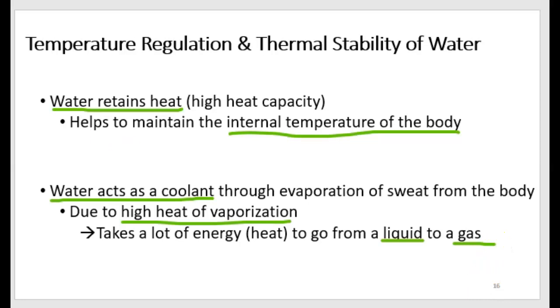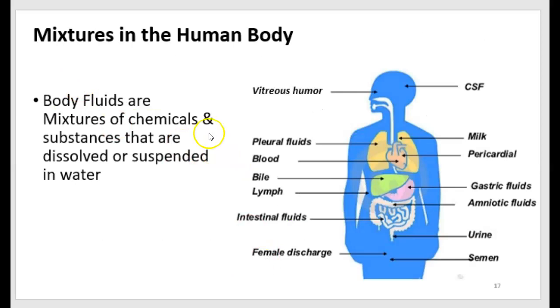So that's why water is so important to our body. Now let's look at where water is located and some mixtures that we find in the body, a little bit more tangible. There's a lot of mixtures in the human body present in all our body fluids. All the body fluids consist of solvents, water as the solvent, with various chemicals and compounds